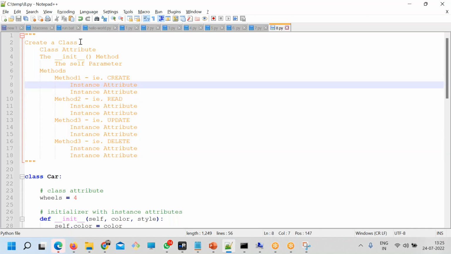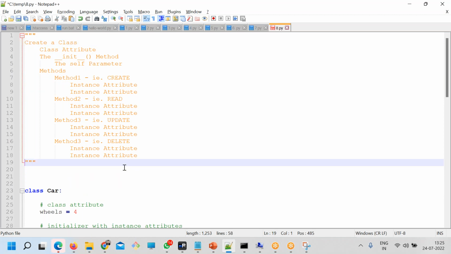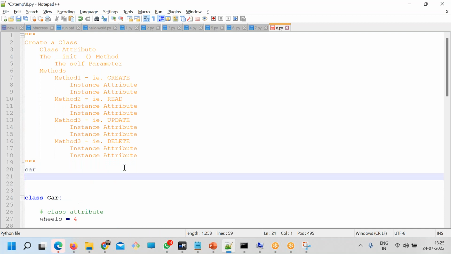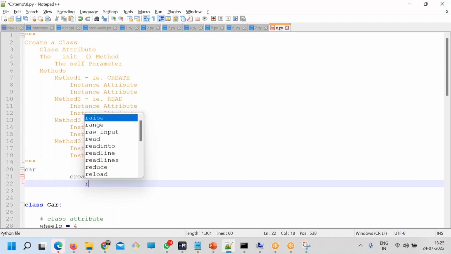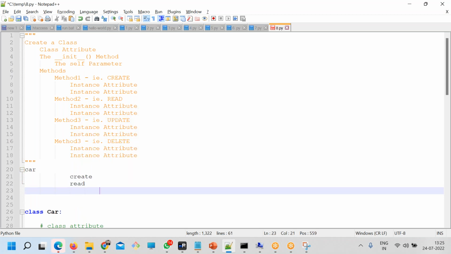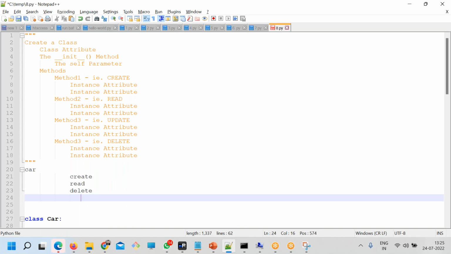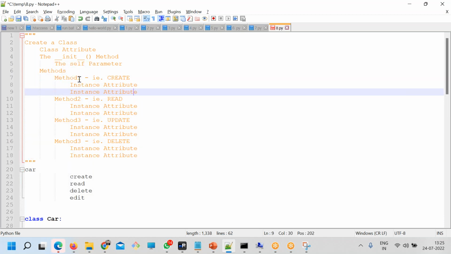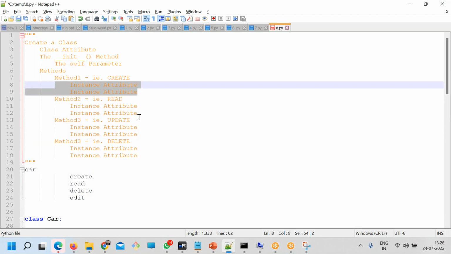Okay. When you declare a class, let's say it is Cart, you can create a cart. You can read the quantity of the cart. You can delete the cart from the database, that entry. Delete means dead in real time. And then update, which is edit. Let's say I want not 2 hands but something else. So these are the functions you create, and each function, each method, will have certain attributes.